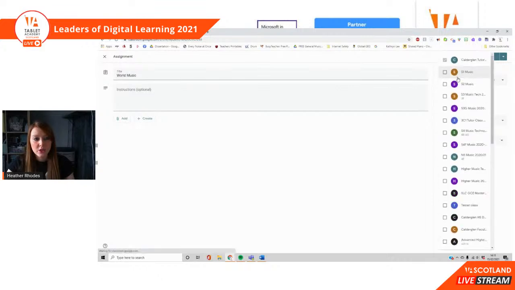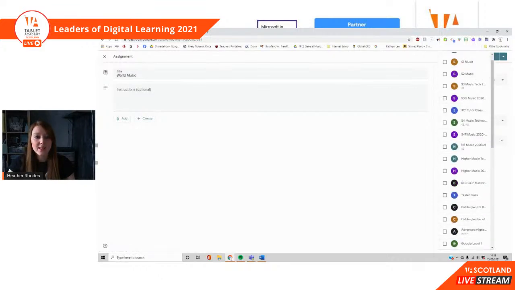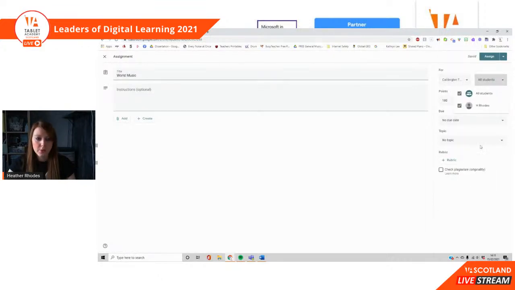Again, you have the same option to post to multiple classes, post to multiple students or groups of students or singular students. And again, you've got the same options to schedule and save draft. So all of those are in there. And again, you've got obviously the options to change how many points and stuff. Is it unmarked? Is it marked? Is it out of 2? Is it out of 4? Is it out of 6? Whatever it's out of. Your due date, your topic,